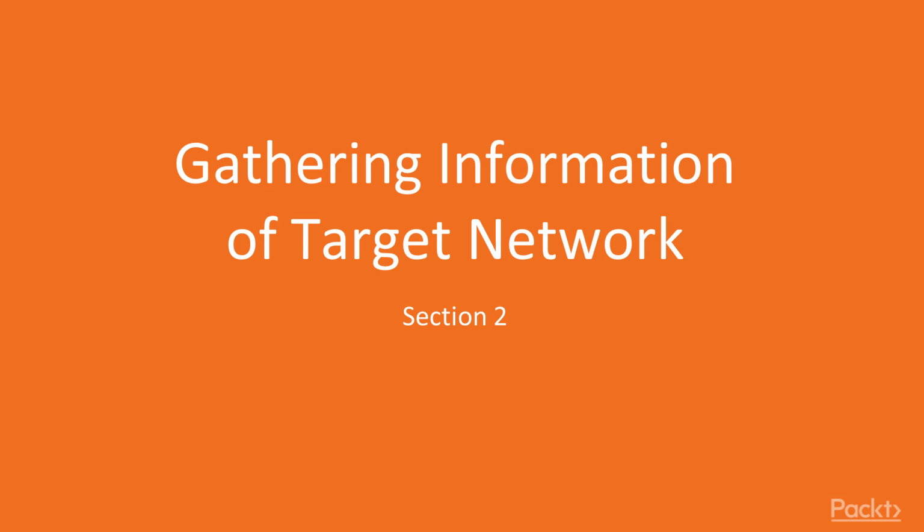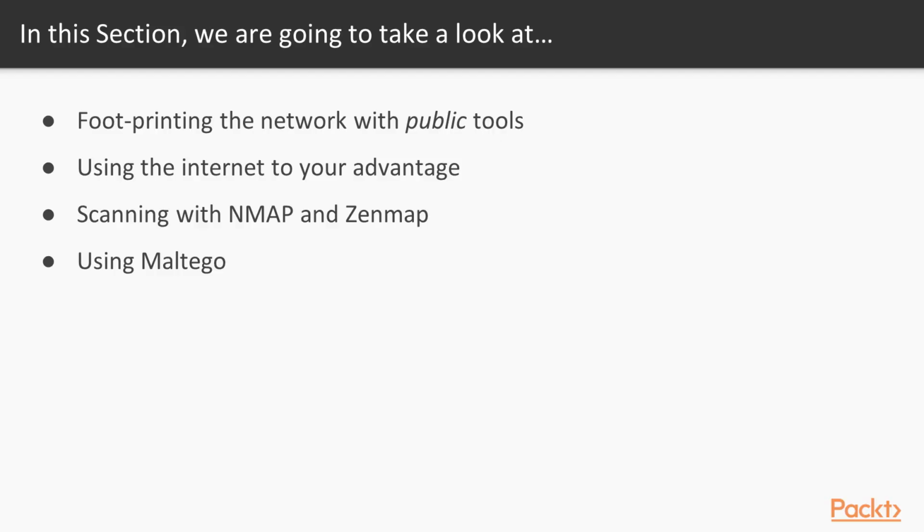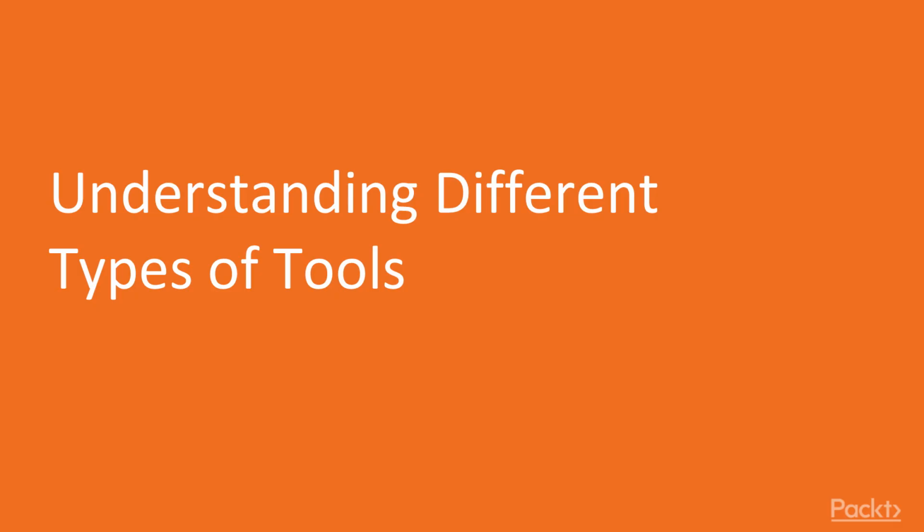In this video, we're going to be treading lightly and get some info. We will look at using publicly available resources to find information. We're going to manipulate Google to give me what I want. Nmap and Zenmap will be our port scanning tools. And lastly, we will play with Maltego to give me more information on the target. In video 1, we'll quickly have an overview of all the tools that we're going to be using for public